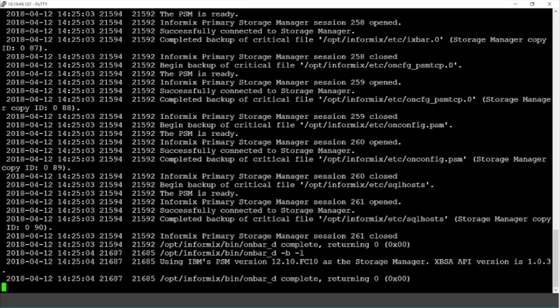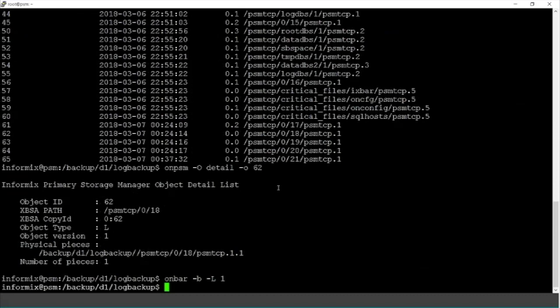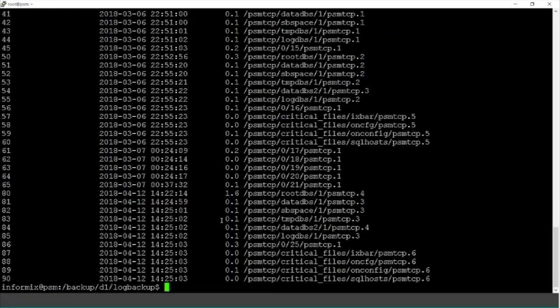And what it does is it creates a directory for each of your DB spaces. So notice we have root DBS here, then data DBS, FB space, etc. And then the backup number, so in this case the level 1, and there will actually be the file and the version. So in our case, for object 80,